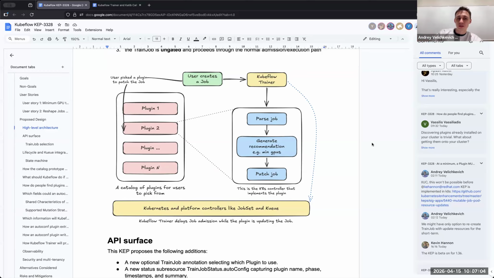What do you think? I think let's finish the KEP, and then I can just contribute my plugin for this architecture. I can convert it to work with this and see how this looks, as a test, if you will.